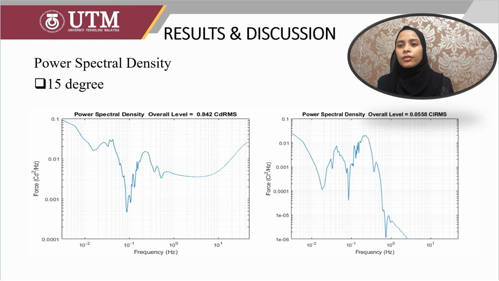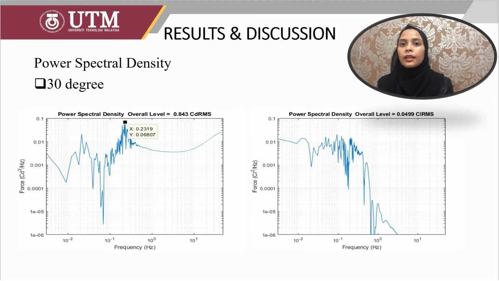So the frequency peak at CD occurs at 0.003058 Hz, while the frequency peak at CL occurs at 0.003058 Hz, both at 15 degrees rotation. The frequency values at 30 degrees rotation show a different trend from those at 15 and 0 degrees. The frequency peak at CD occurs at 0.23193 Hz, while the frequency peak at CL occurs at